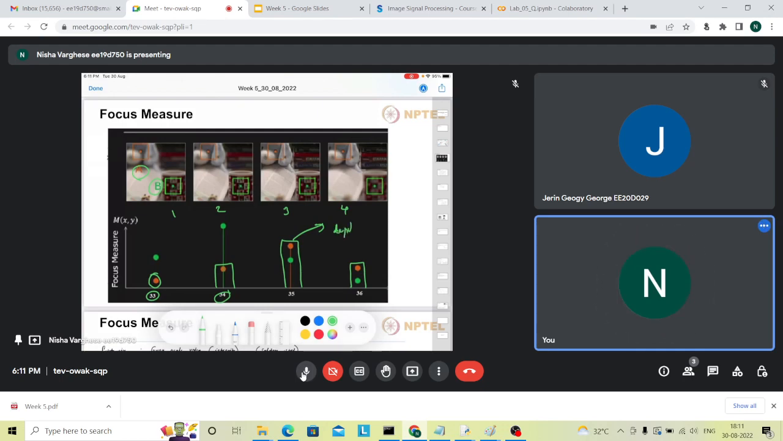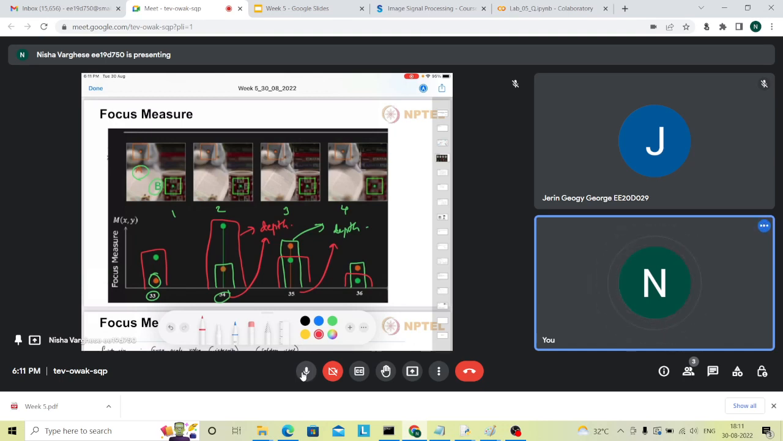Then in the case of the green one, this was the focus measure. So we can say that this has the highest depth. This 34 can be taken as the highest depth. So this way we can take the depth: the maximum value can be taken as the depth,